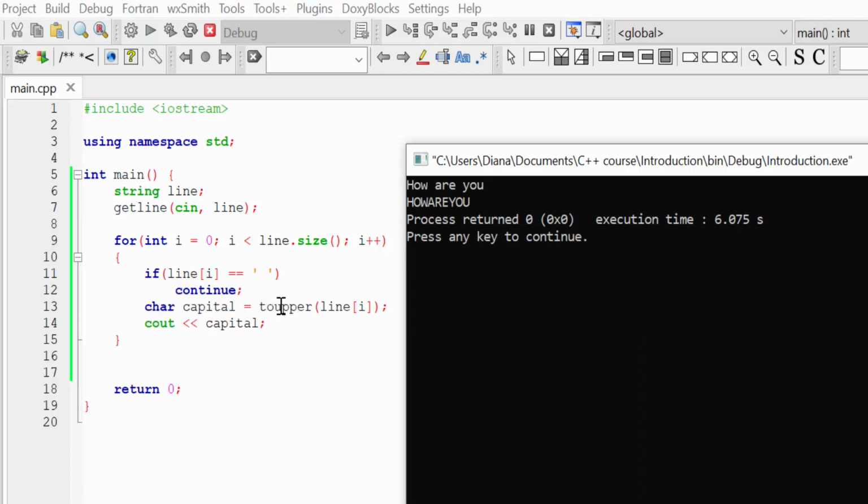We convert our char letter to uppercase and we print our new uppercase letter to the console. But if this condition is true, if we see space, we enter the condition and we see the word continue that tells us to immediately switch to the next iteration and not execute all other code in this particular iteration.